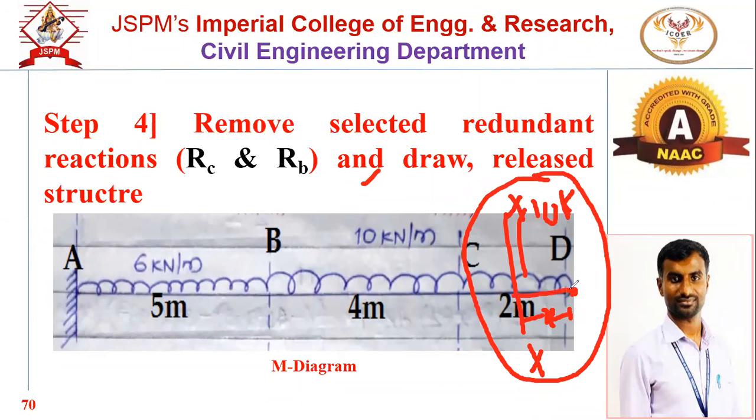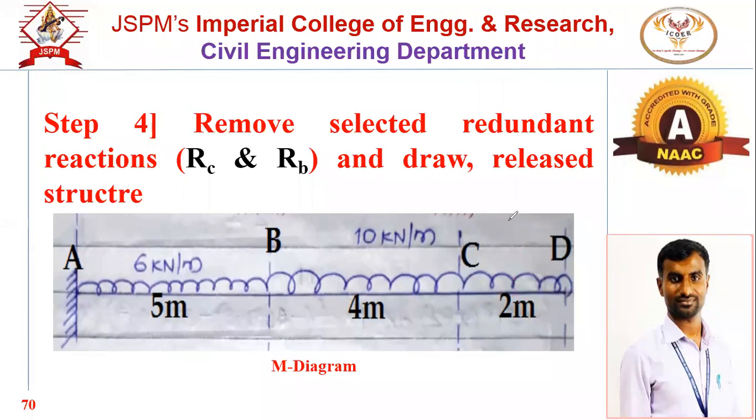So the UDL span is x, UDL is 10. The right portion is there, and the movement will be clockwise of the UDL about this section line. That's why minus 10 into x by 2, so that's why it will be minus 5x square. So this is M for DC. At here, if you take the bending moment at x distance, that will be minus 5x square.